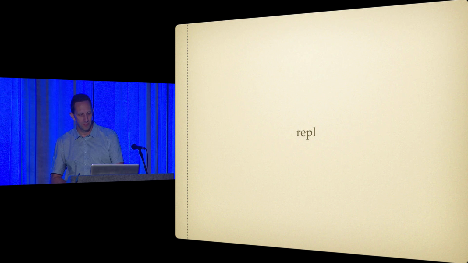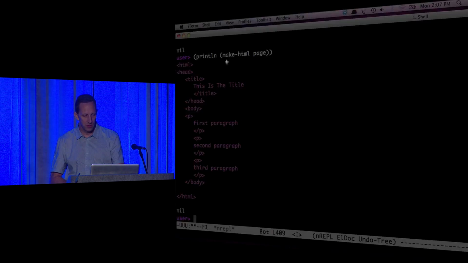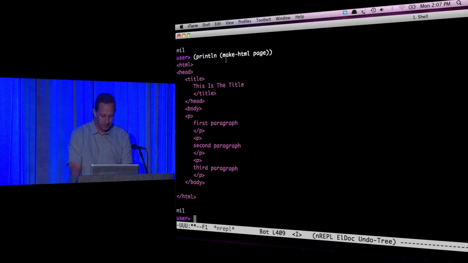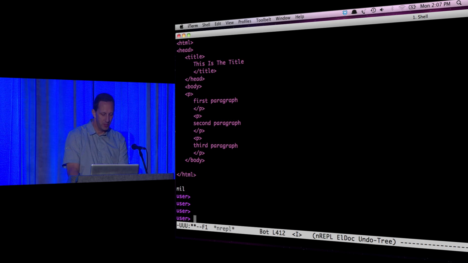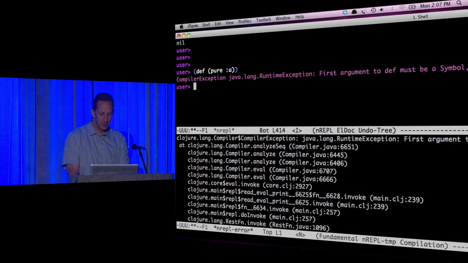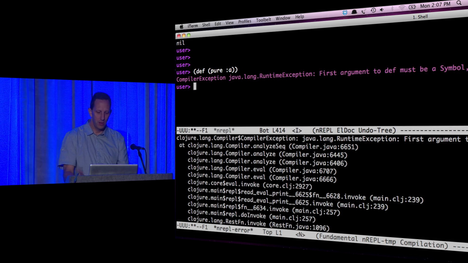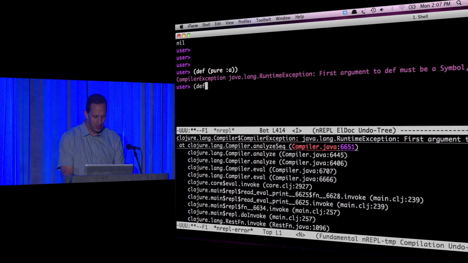So that's that. So let's do a little code action here. If we define a pure value that holds a keyword a,